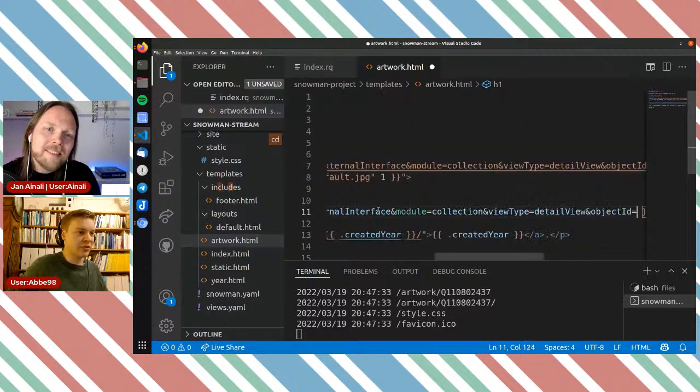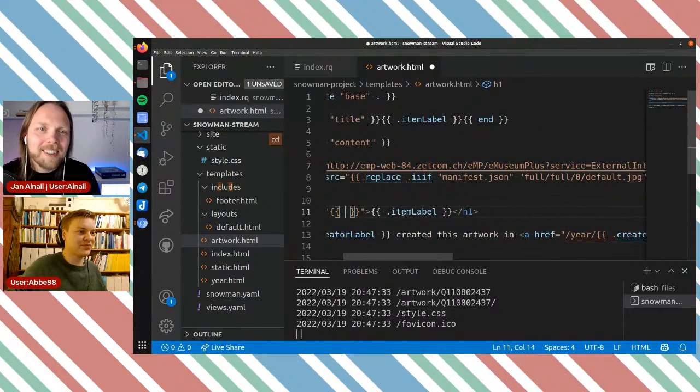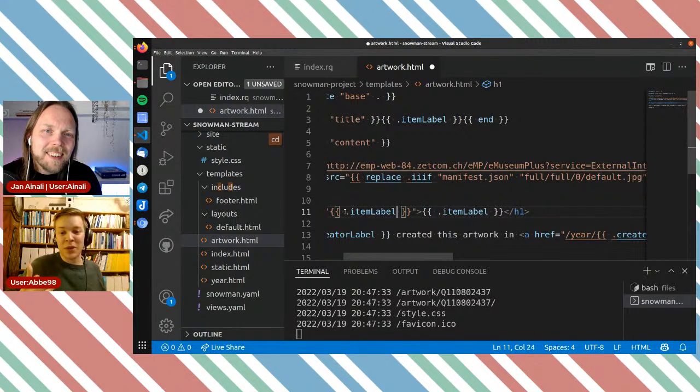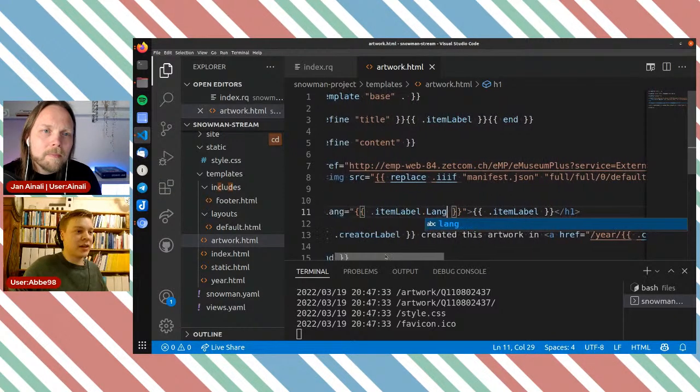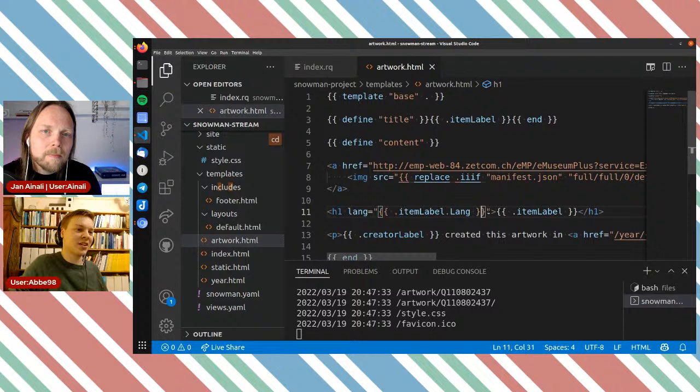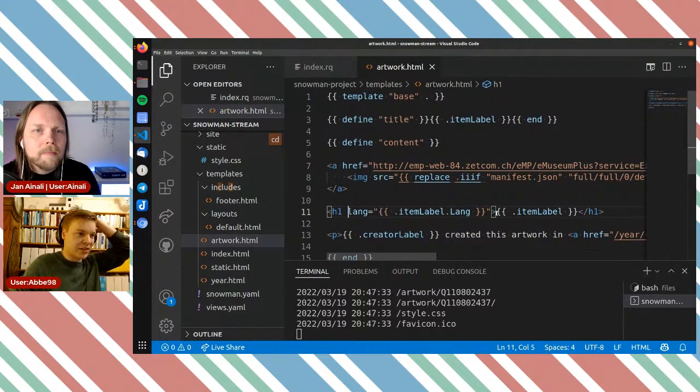We can actually access that in Snowman by doing something like, oops, that's not the right thing. If I copy the item label in here, this could be both in Swedish and English because that's what we say in the query. But we can actually tell the browser what language is in it by saying lang, because it's not a string, it's a multilingual string, so to say, or a language literal, to use RDF terms. And we can access that.